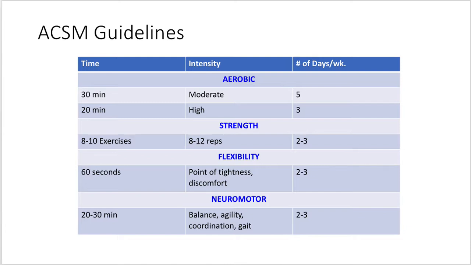Muscular strength or fitness, we're going to call it muscular fitness. That's 8 to 10 exercises. So you're trying to hit every major muscle group, 8 to 12 reps, 2 to 3 days a week. Flexibility, this says 60 seconds. Another easy way to think about it is 10 minutes, 3 times a week. So they kind of lumped that in, the American College of Sports Medicine. And then neuromotor, they're still trying to figure this one out, but it's so good that they put it in there because it's helping work on that proprioceptive, rich environment for people. So keep that in mind that we really need that to happen.